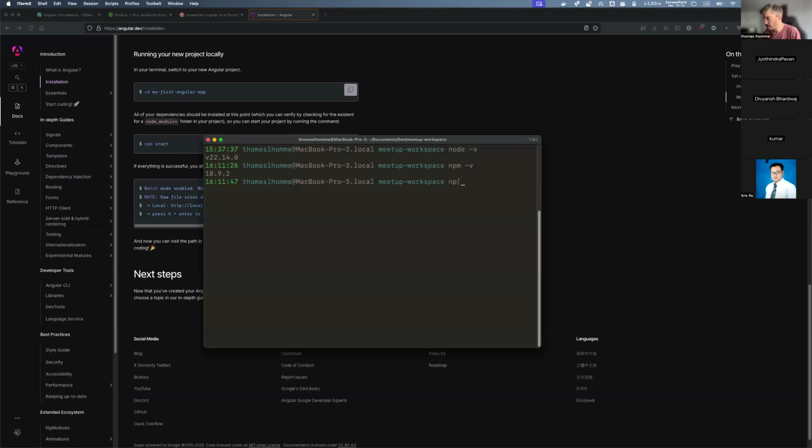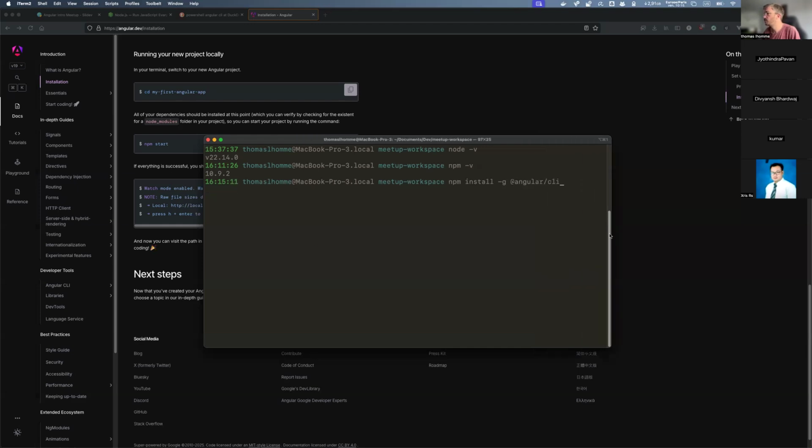So we said we need to do npm install, right? And we have the -g. So -g here is here to say globally. It means that the command to run to create an Angular application will be available anywhere. I can be on this folder, I can be on my root folder or any folder. The command to install Angular will be available anywhere. So it's very important that you put the -g flag here, okay? So -g, and I'm going to put @angular/cli. Okay, that's the command that you need to type.